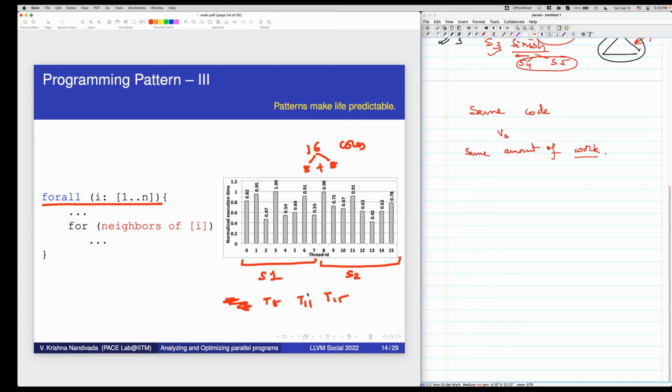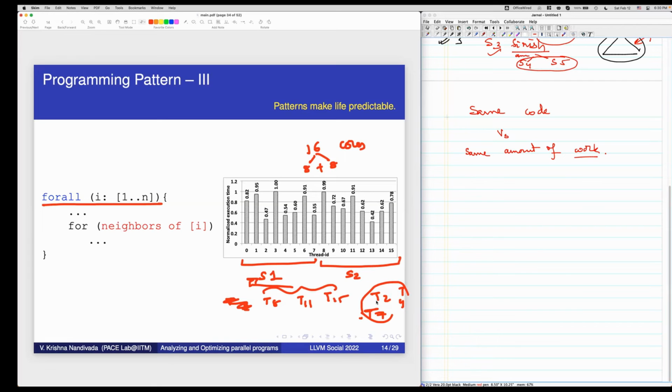These three I move to S1, and the smaller ones of S1, let us say T2, T4 and T7, I move to S2. What will happen? The threads of S2 can finish faster. Threads of S1 will not take any extra time. Now I can switch off S2 if I want because S2 has finished executing.